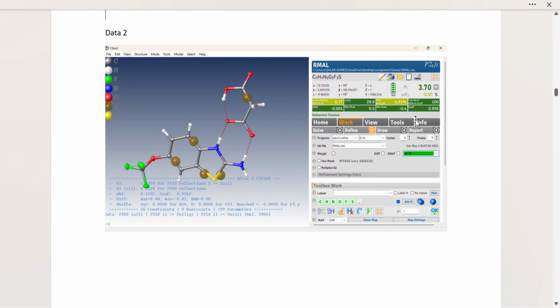And Hooft represents the flack parameters. To generate the report, the ACTA option was selected, and then final refinement was done. After, we will select the report button and generate the report.